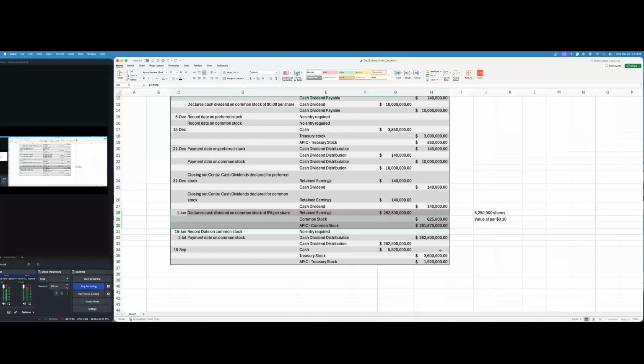So retained earnings is an equity account, an owner's equity account. Well, the thing about retained earnings, like the thing about equity accounts, is that